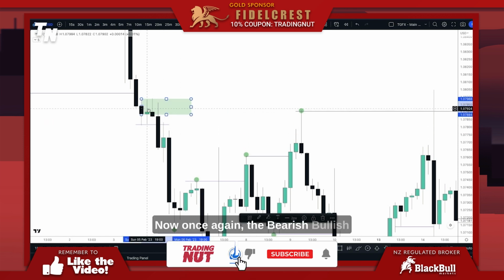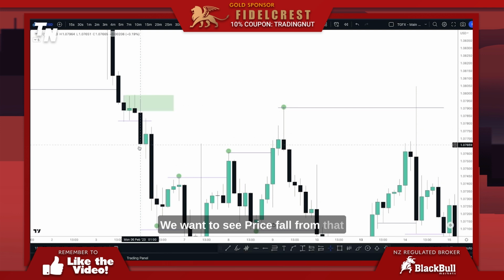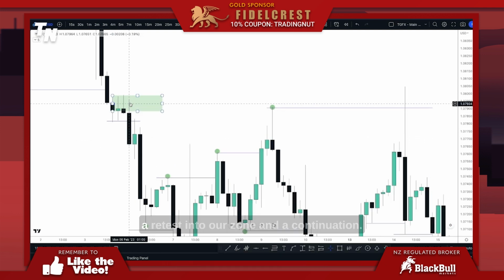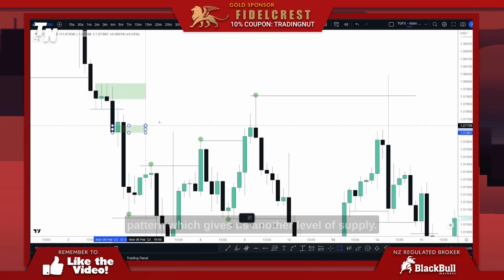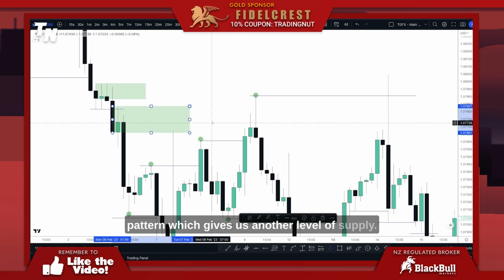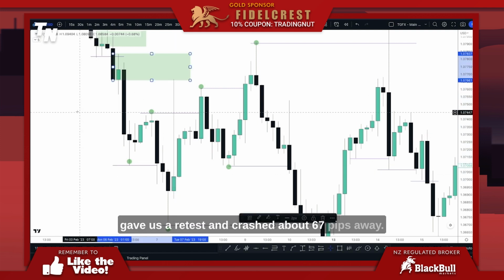Now, once again, the bearish, bullish, bearish is a continuation pattern. We want to see price fall from that level. And as you can see, we get a retest into our zone and a continuation. We then end up forming another bearish, bullish, bearish pattern, which gives us another level of supply. And as you can see, price swung up to that point, gave us a retest and crashed about 67 pips